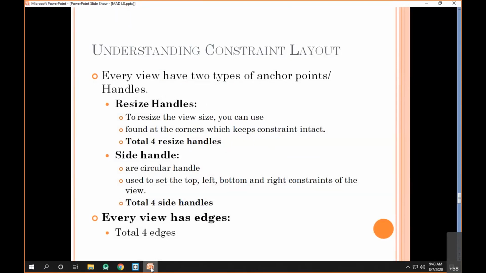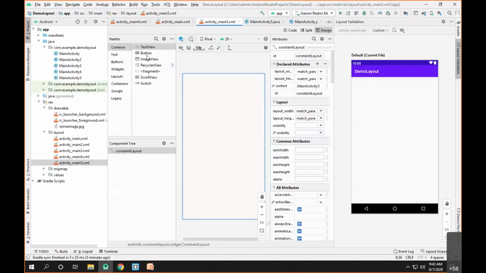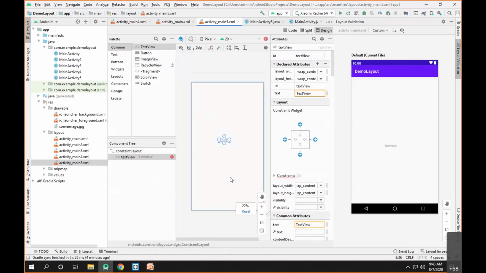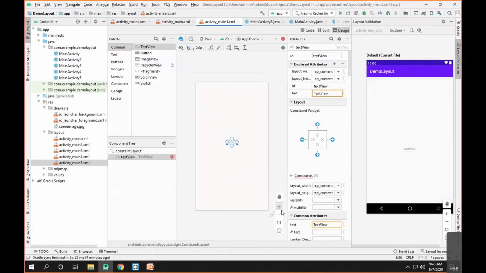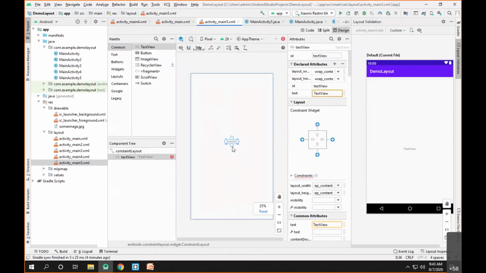Okay, so let me show this to you. So I'll simply take one text view. I'll simply add it here. So if you are able to see this particular text view, you can see here there are the anchor points. Now how many anchor points are there? There are total 4 anchor points.